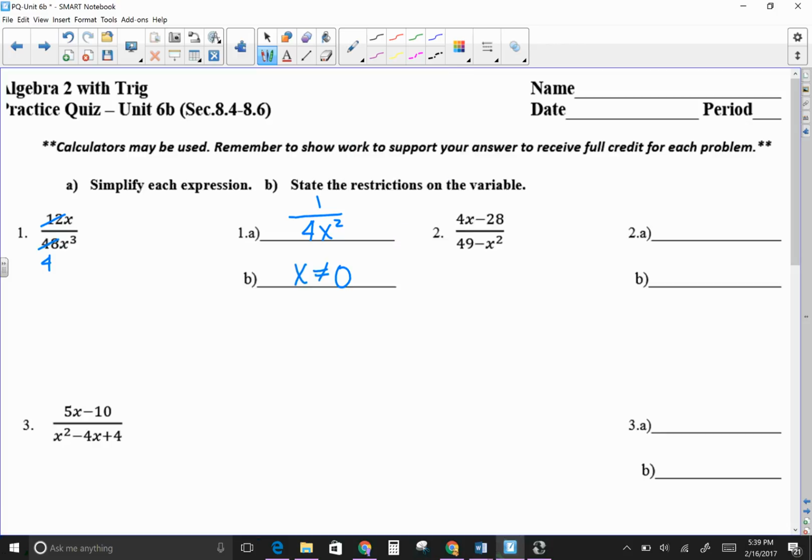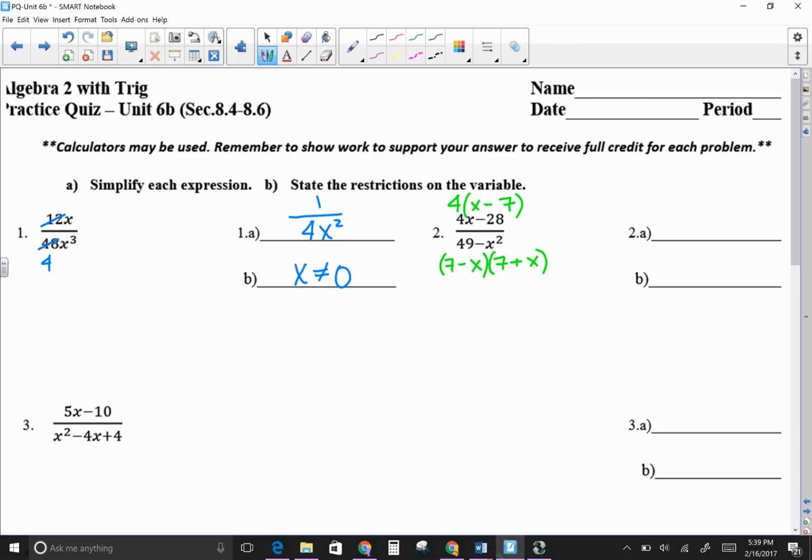4x minus 28. Okay, all of these, y'all, when you're looking at them, if there's any plus or minus involved, to start off the problem, you've got to factor. I'm not adding or subtracting here, I'm just simplifying this expression. So I'm going to factor this as the difference of two squares, which starts with a number. So my factoring starts with a number. I'm going to have 7 minus x, 7 plus x, and on top there's a common 4,